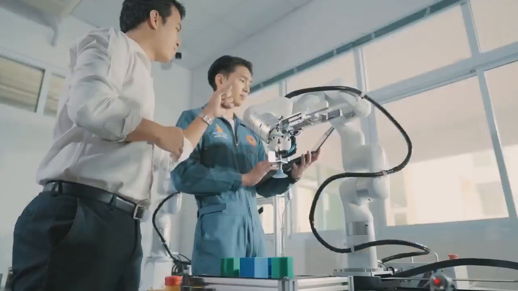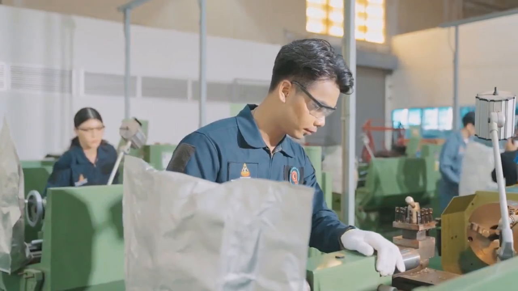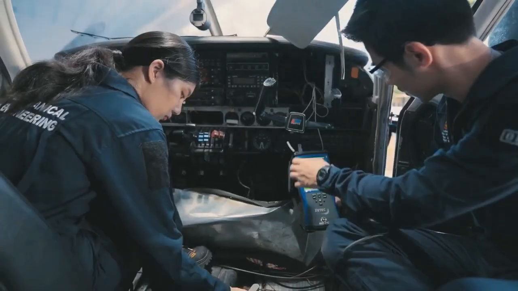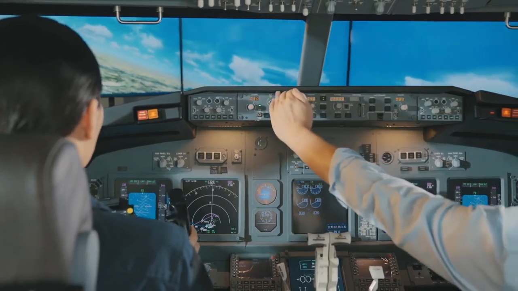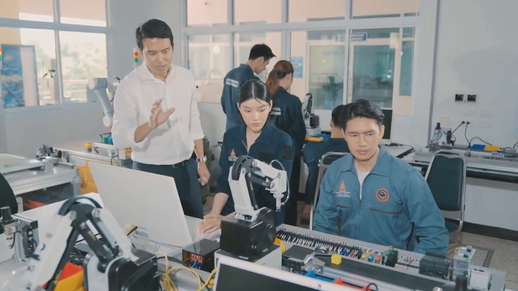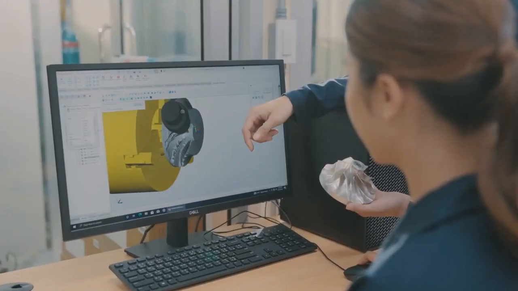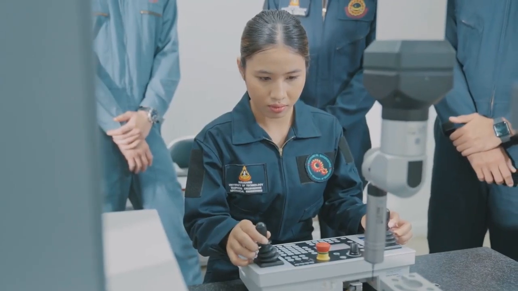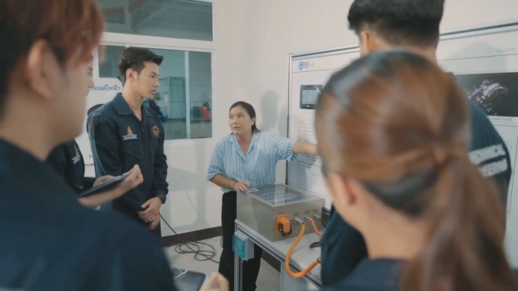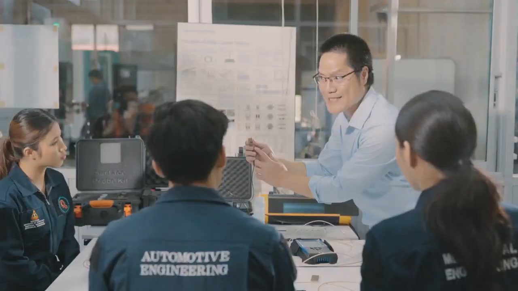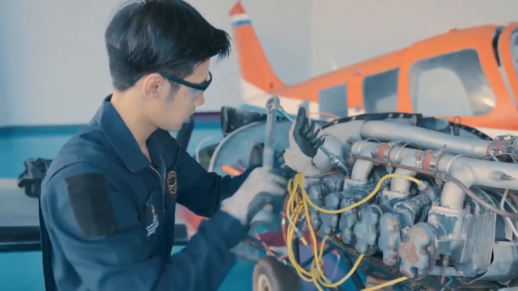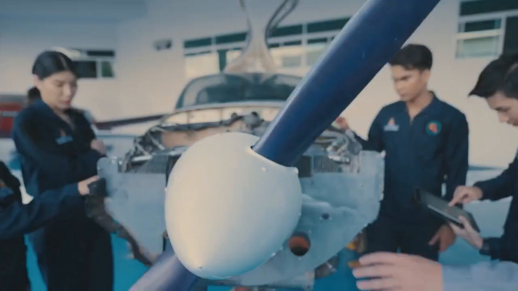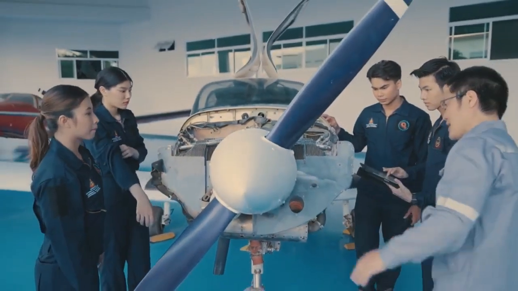We study in an integrated manner, acquiring knowledge in various areas so that we can graduate and work in fields related to both mechanical engineering and aeronautical engineering. For example, the works related to designing and constructing machinery, controlling, installing, and maintaining machinery, including heating and fluid systems. Also, the works related to design aircraft components and mechanism, controlling, installing, and maintaining aircraft, as well as planning work